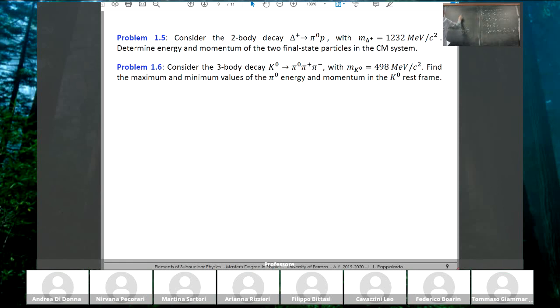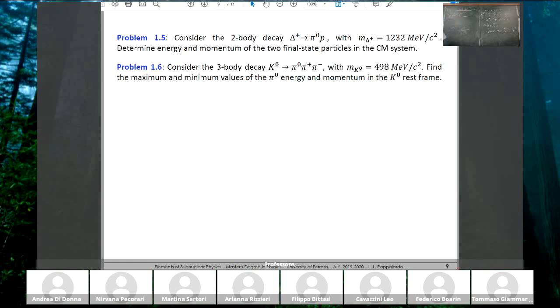So the maximal energy of the pi0, we use the same formula as the previous problem, but now considering these 2 particles as a single particle, it will be s minus (m pi plus plus m pi minus) squared plus m pi0 squared, divided by twice the square root of s. And so we can substitute here. So s is the square of the mass of the K0. So this is 498 MeV squared minus